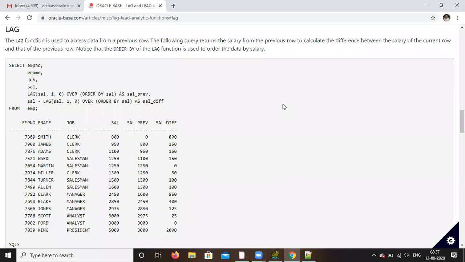So same thing, just you have to write lag. So it will give the previous one. So for 800, what is the previous? 0. For 950, what is the previous? 800. For 1100, what is the previous one? 950. So like that. So it will give the previous salary.